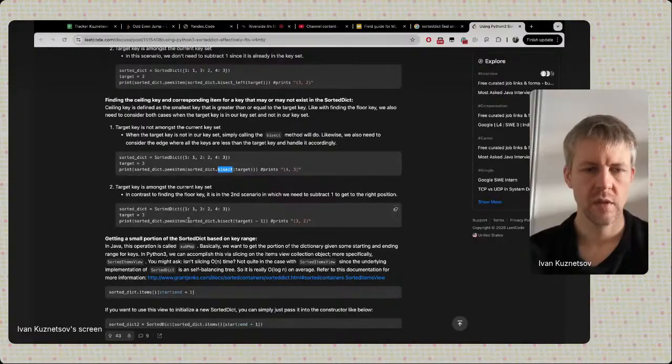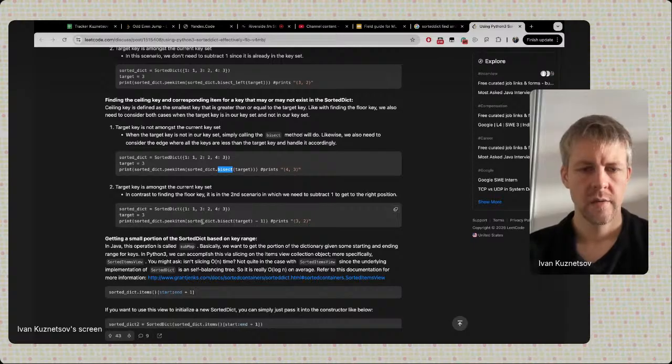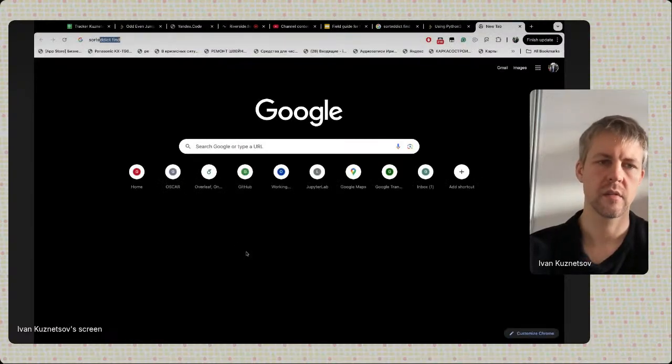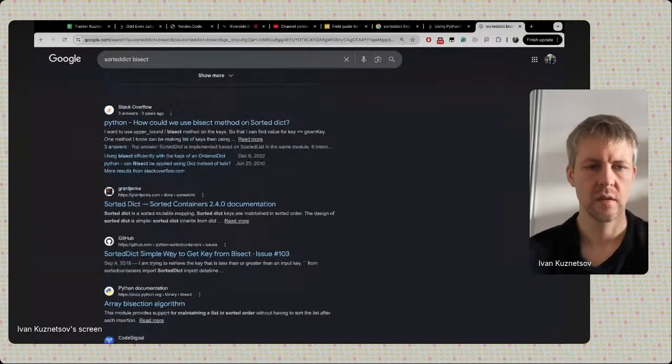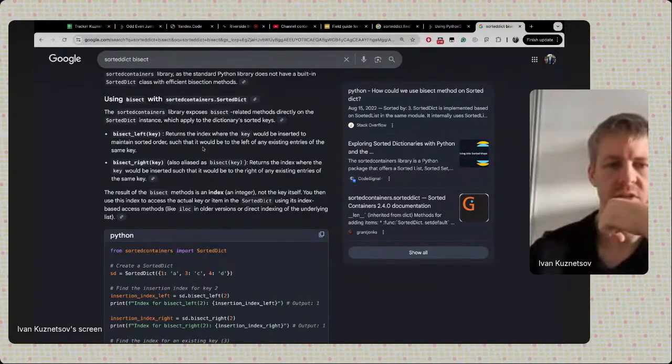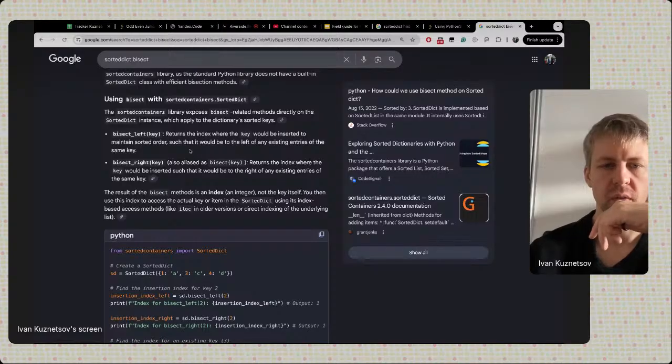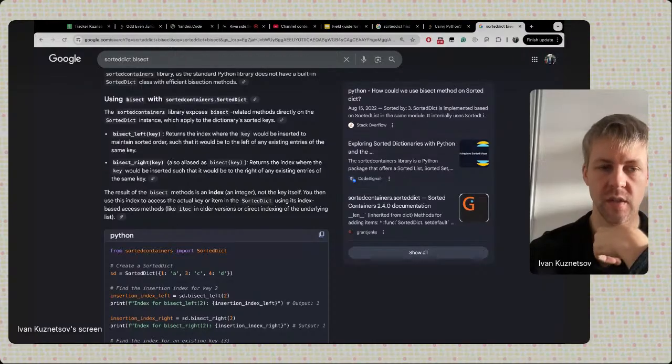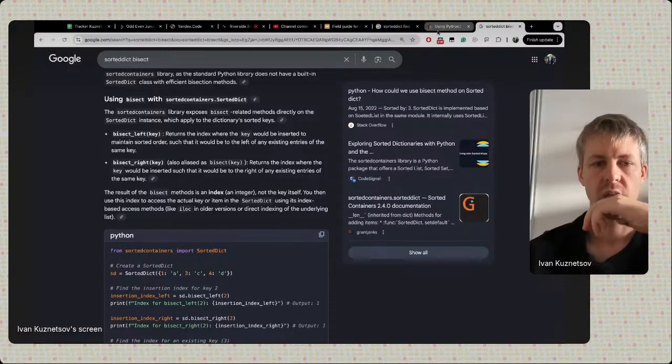Okay, so I think what we need is this, right? Let's see, sorted it, bisect. Bisect left returns the index where the key would be inserted to maintain sorted order, such that it would be on the left of any existing entries of the same key. And bisect right returns the index where the key would be inserted, such that it would be to the right of any existing entries of the same key. Okay, so